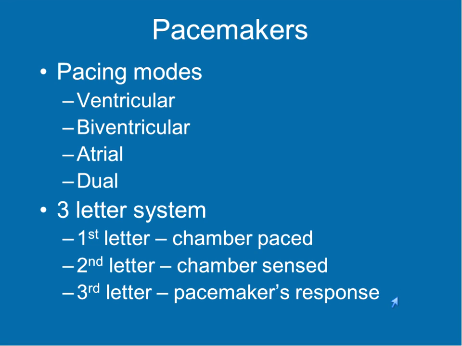And then the typical response is to inhibit, so that when it senses something going on, it inhibits the pacemaker. When it doesn't sense, and this is all set in there with algorithms based on milliseconds of time, if it doesn't sense electrical activity within a certain amount of time,